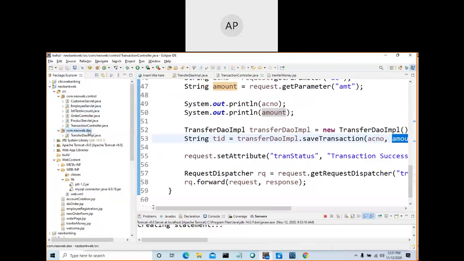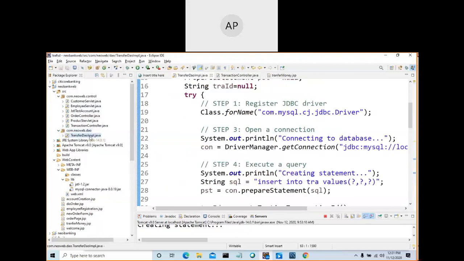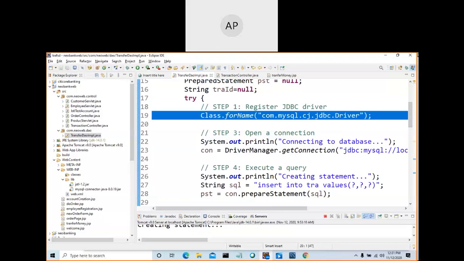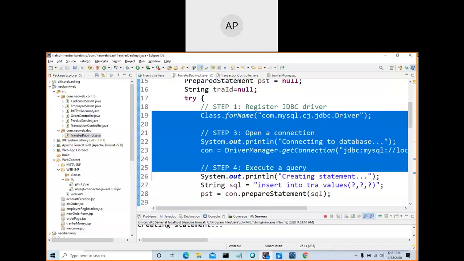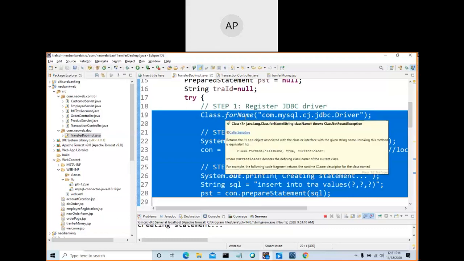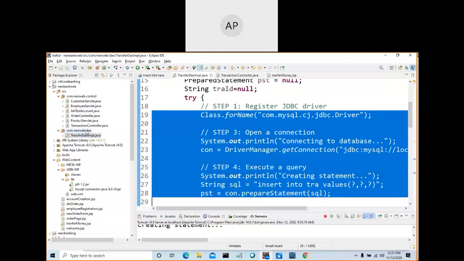See, I created a separate package called DAO, data access object. Any name, but to be meaningful, I make it DAO. You can write all the database related logic here. You can write this logic in the servlet itself, but to be meaningful, always our database related logic should be in a DAO layer. Just create one package, that's all, and after that one class, write all the logic related to that in this class.